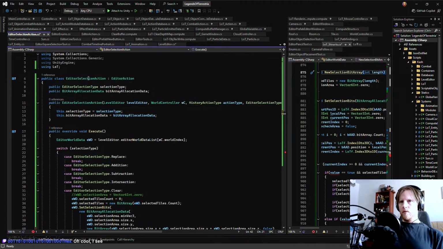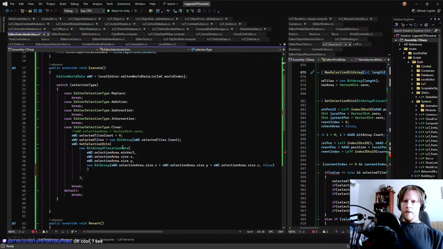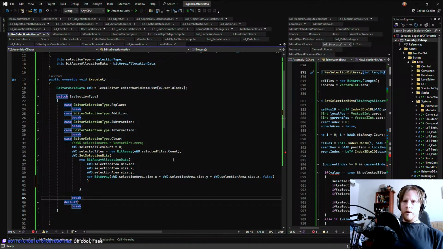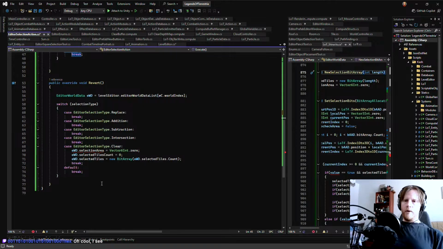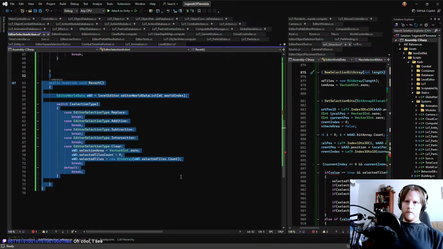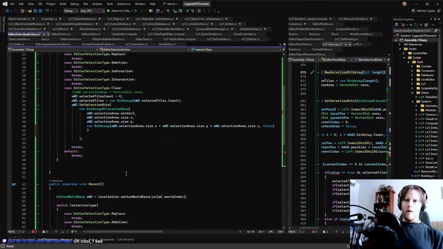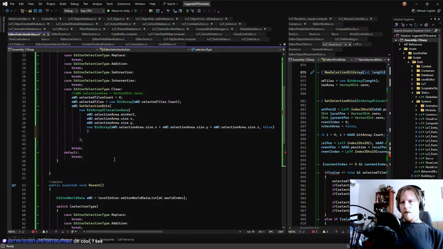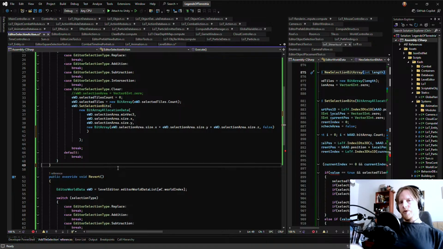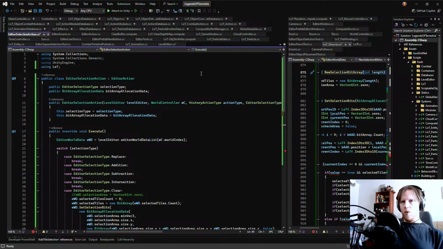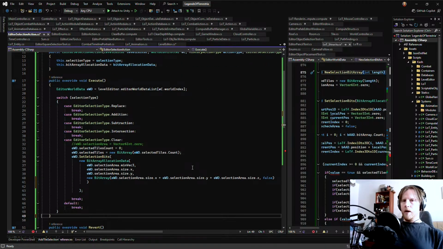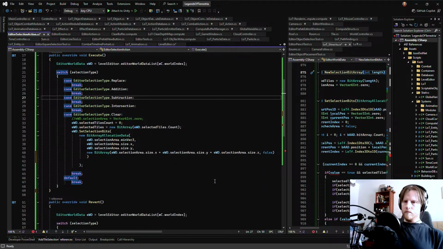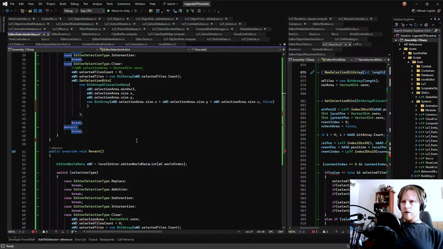I don't even know. Oh yeah, no, it is this one. Yeah. So then here you have the execute, and depending on what it's doing stuff. And then we have a revert that will do kind of the same logic I was doing before, but more contained within the actions. So that partially just to make the actions capable of being more advanced and being able to be expanded later more easily by it being an inheritance here. And also just to declutter the level editor.